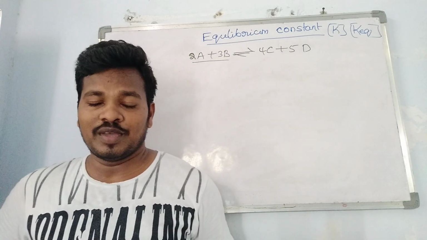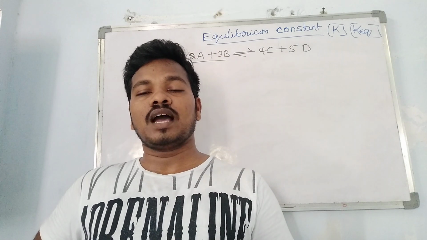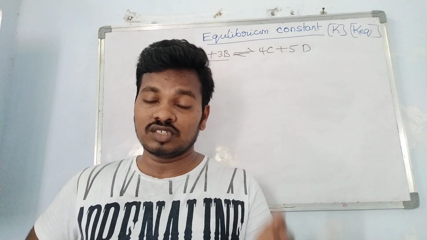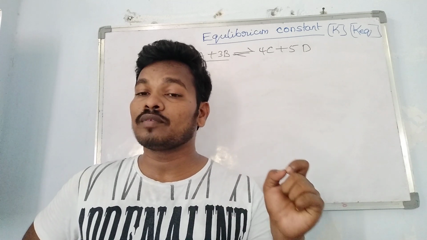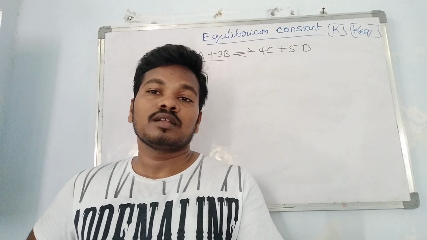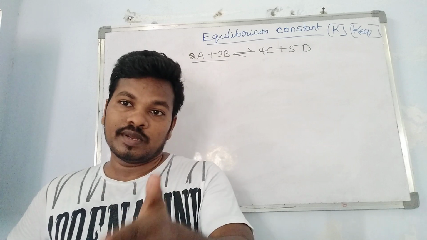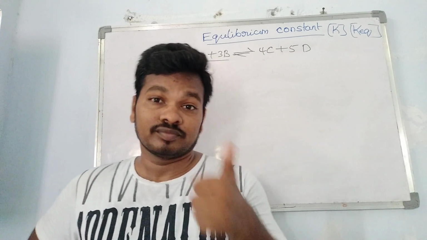Today I am going to discuss the equilibrium constants Kp and Kc, and how to write them. Already I discussed the law of mass action, what the conditions for equilibrium are, what is meant by equilibrium, and what types of reactions are able to achieve equilibrium. That was all discussed in part 1.